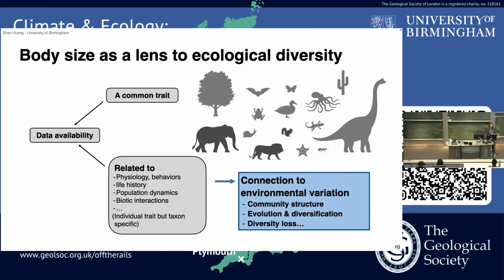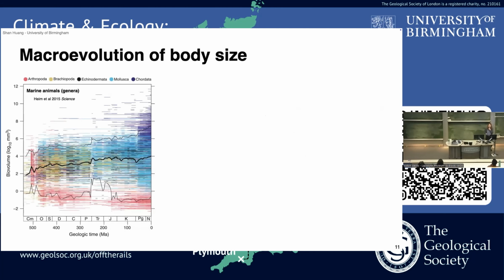And this is very useful considering, for example, the current risk of losing our megafauna, which refers to the largest animals like the elephants and rhinos. And we really want to know, under the ongoing environmental changes, how they could possibly last longer. In order to make these good predictions, we can go back in time to see how it worked before with the fossil faunas. So here's the synthesis of the global diversity of body size for all the marine animals throughout